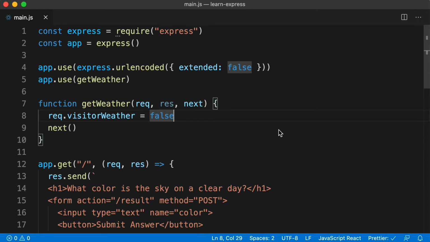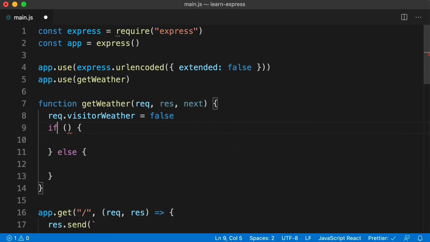Now before we move on to the next topic, I do want to make it clear that you don't need to call next. Sometimes you will want your piece of middleware to intercept or end the current request. So for example, let's imagine that if it is raining, we don't want the regular website to display at all. We just want to respond back with a bit of text that says, please come back to our app when it's not raining. So in that case, we would only want to call next if it's not raining. So we could get rid of this next call here in our getWeather function and instead have an if statement and an else block and say if